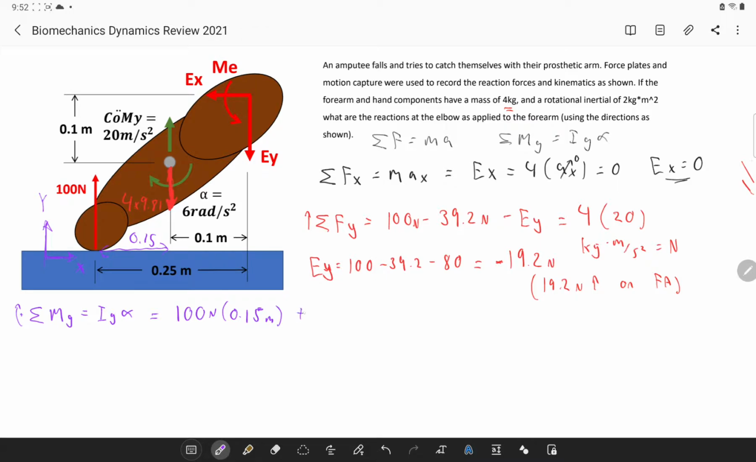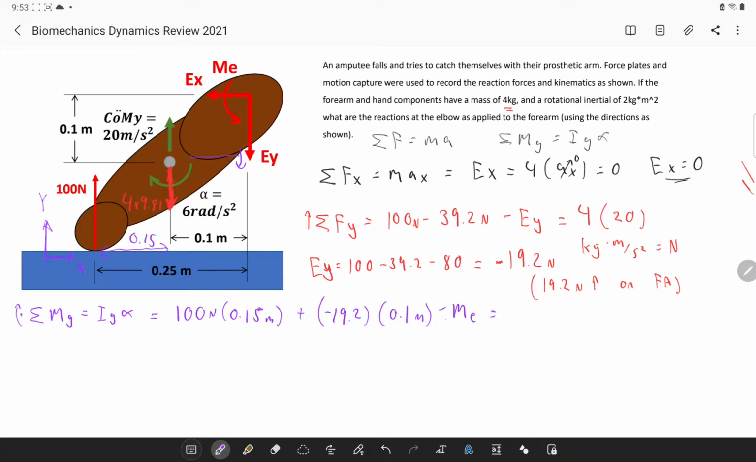And then this EY is still going to rotate kind of clockwise about that center of gravity. So my EY, but it was negative, so I'm going to leave that negative in there: 19.2 newtons times 0.1 meters. And our EX was 0, so we can leave that out. And then I'm going to add my ME. My ME is actually shown as being counterclockwise, so I'm going to do that as negative ME,